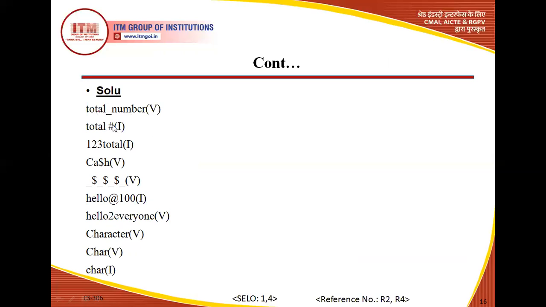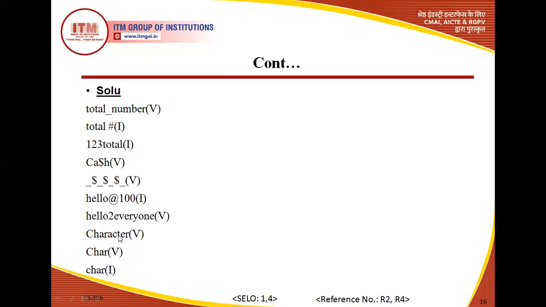This is not valid because of the hash. This is not valid because it starts with a number. This is valid because we allow the dollar sign. This is valid because underscore and dollar are allowed. Hello at the rate 100 is invalid because at the rate is not allowed. Hello2everyone is valid because it is a combination of alphabets and integers.